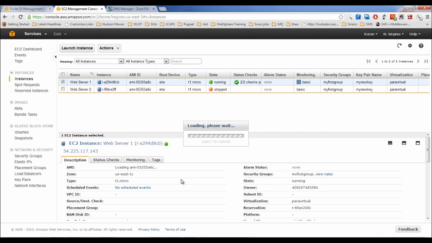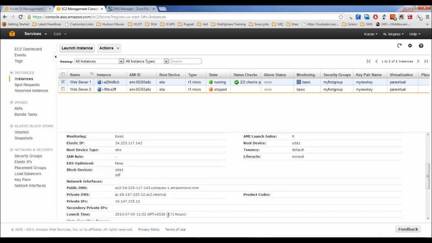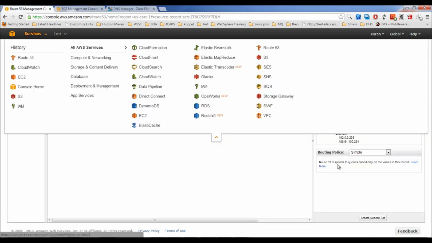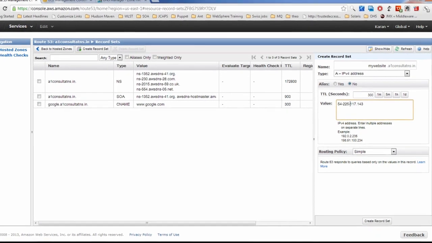Now select one server and copy its public IP address, or if you have an elastic IP address associated with your instance, then use your elastic IP address. Now replace these dashes with dots